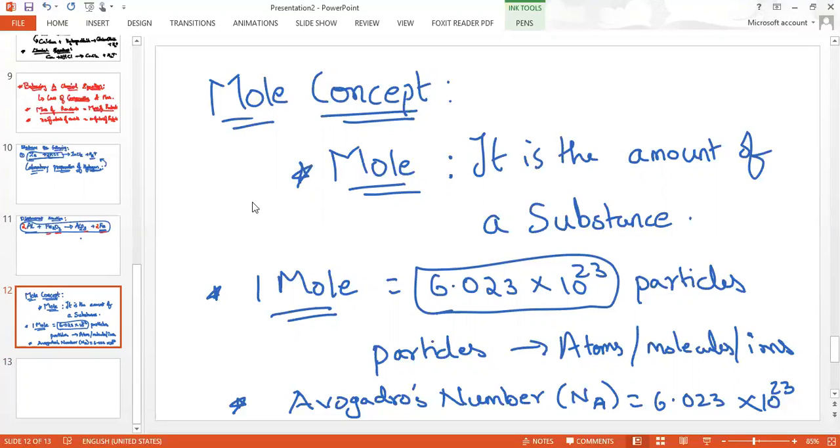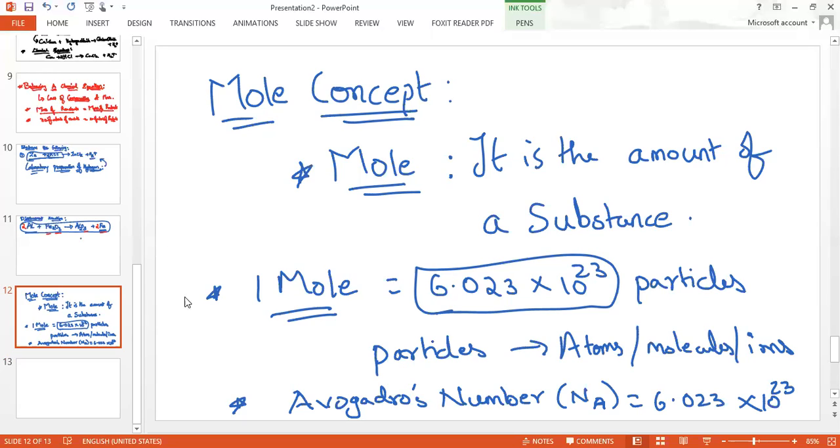Where have you studied this topic first? 9th class chemistry. Or 8th, one of them. Okay. So you are aware of this concept from 8th or 9th class. Generally in CBSE, it is introduced in the 9th class. It depends on different boards. In state board, you have been introduced to this chapter too. That's good.